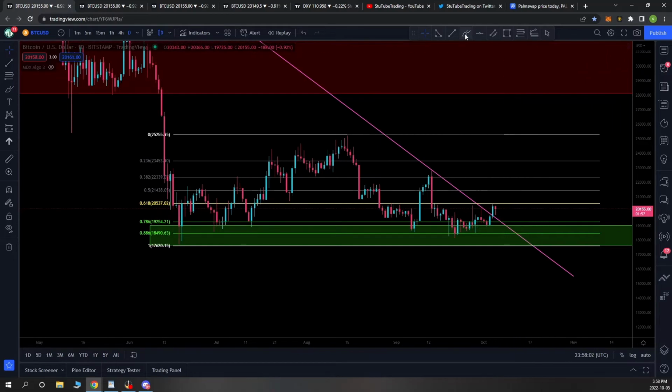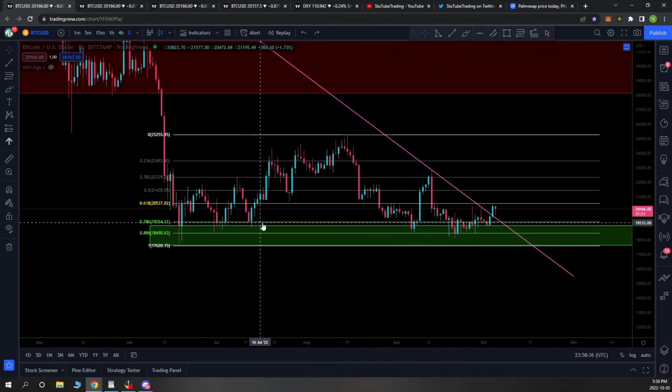Just something I wanted to point out here, since we were talking about Fibonacci's earlier. Look where we ended up finding support. Yeah, we wicked below it a little bit, but the candle body's there, bang on that 886 of just this very micro swing here. I mean, this is still a daily chart, so I shouldn't say totally micro, but just this trading range here, that's just another key level where it's not too shocking to see that we found support at that level. I'm happy that we found a little bit higher of a low here up at the 886